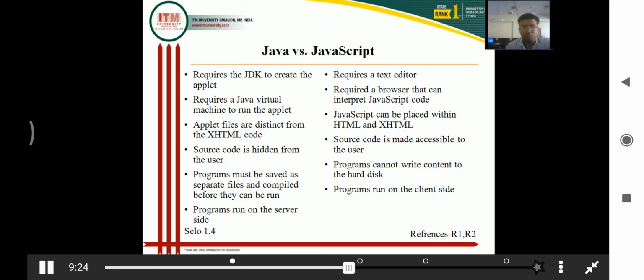When you write server-side programs that receive the user data and process that data, you will write that code in Java. And for validation-type programs, for user interactivity-related activities on the client side, you will use JavaScript. This differentiation gives a clear idea that they are different from each other.